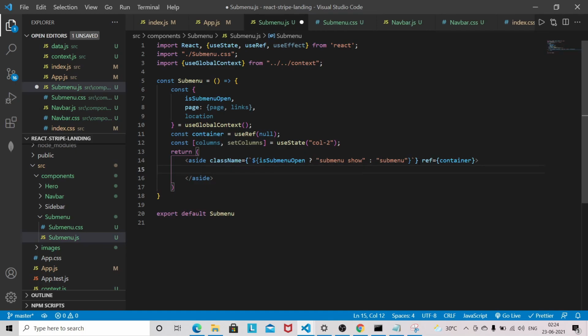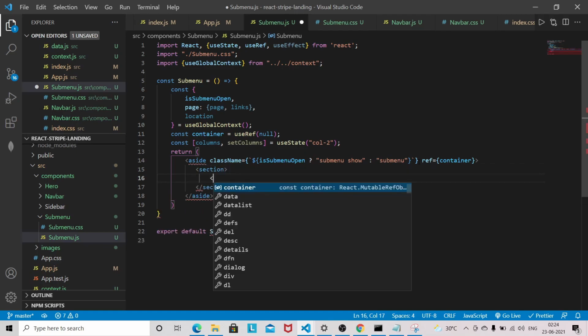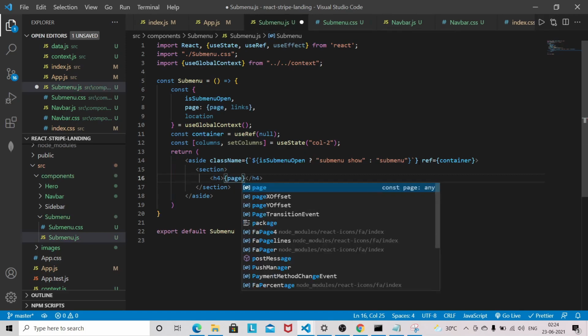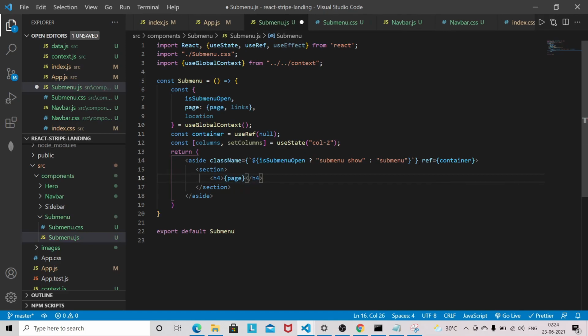And now we have to put one more tag called section. So inside section I will be having a h4. So h4 is nothing but the page, which is received from the global context.